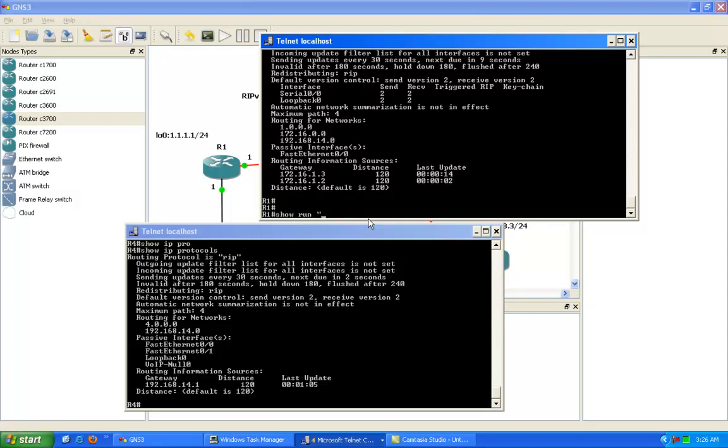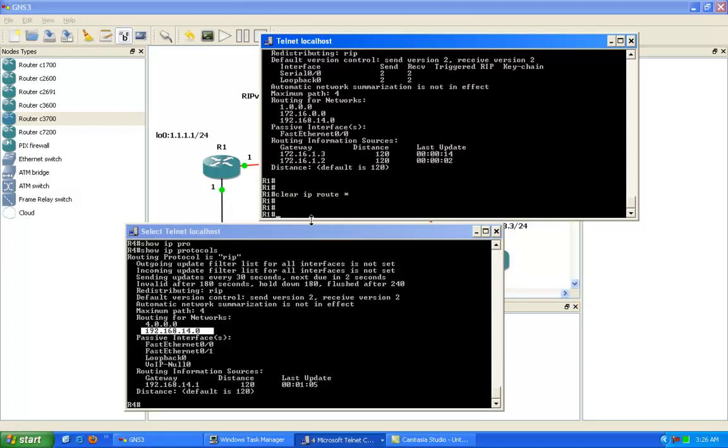You can see here that we have the network statement in for the network between router 1 and router 4. Again, here we have that on router 4. So again on router 1, if I do a clear IP route, so flush my routing table,